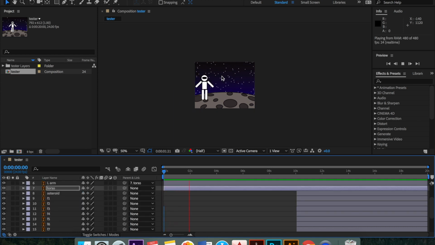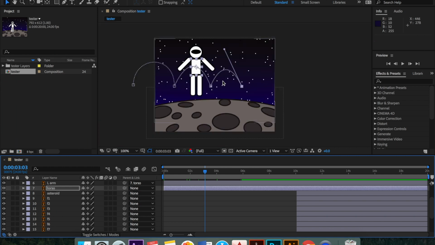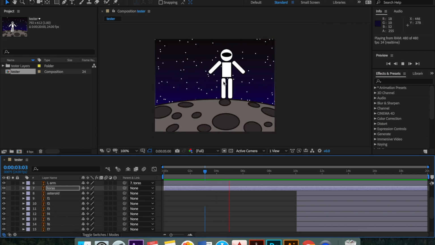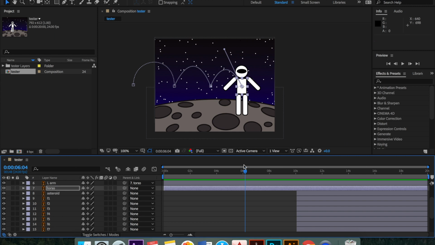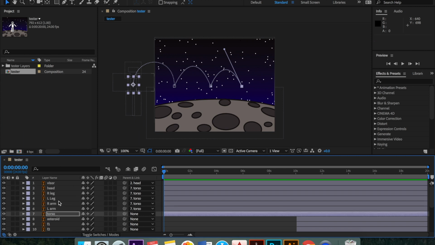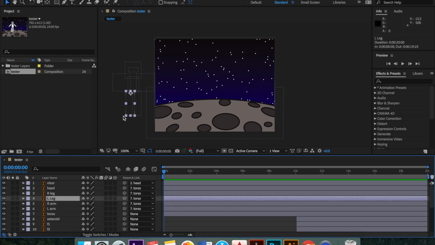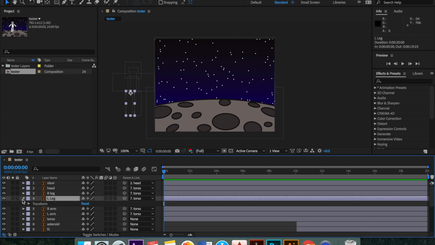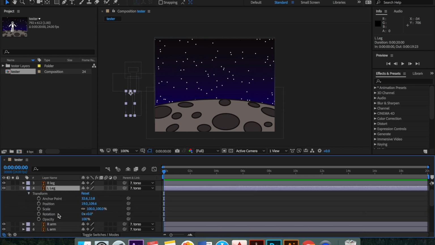So he's looking pretty stiff. He's running that path. We're going to handle that by animating other elements of his body. If you remember, we used parenting to parent all of those limbs to the torso. That will allow us to animate all of those elements and they will still follow the torso. So let's start with the leg. We're just going to do simple rotations out and then back in. So we're going to go to the peak of the jump and kick that leg out